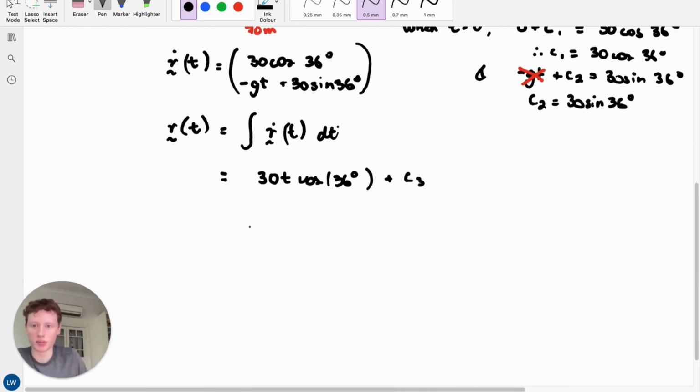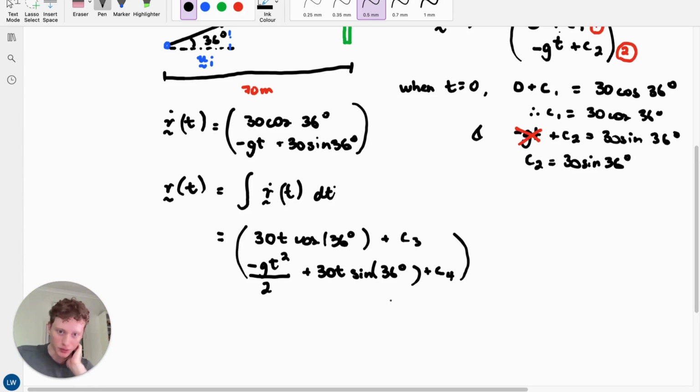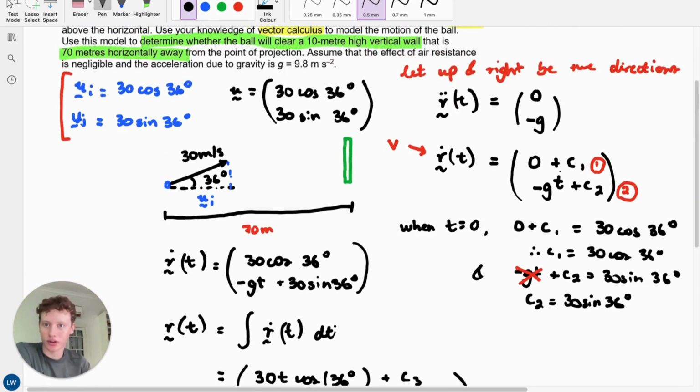Okay, and then on the bottom part, we've got negative gt, then we've got to add 1 to the power, so t squared, and divide by the power, over 2. And then similarly, we've got 30t sine 36 degrees plus c4. And that's what we've got there. Then the question is, well, how do we resolve these c values? And what we can do there is we know that this initial point here,